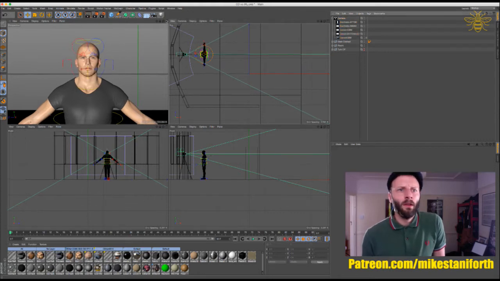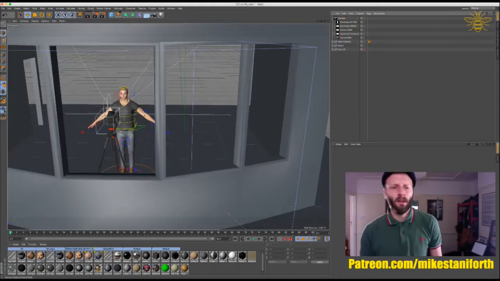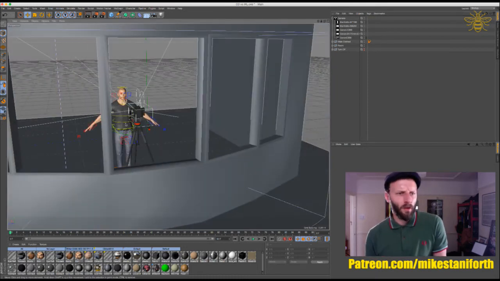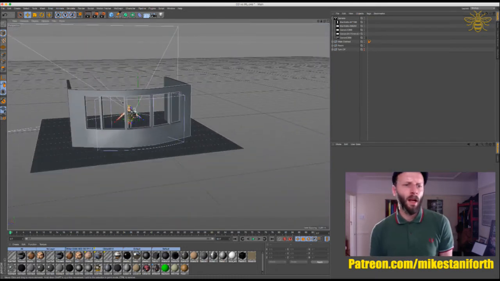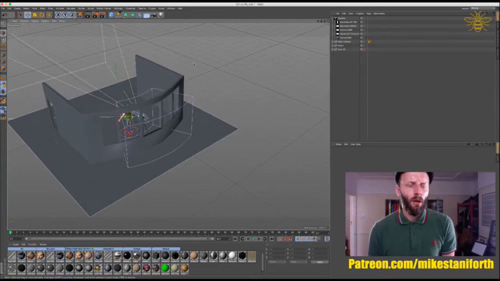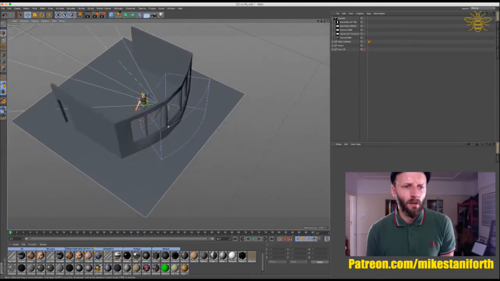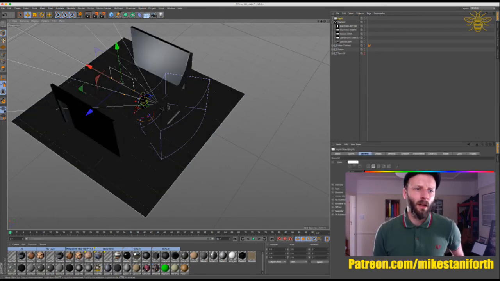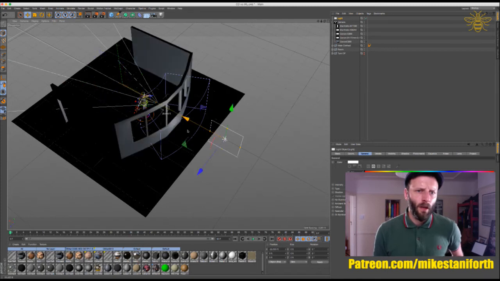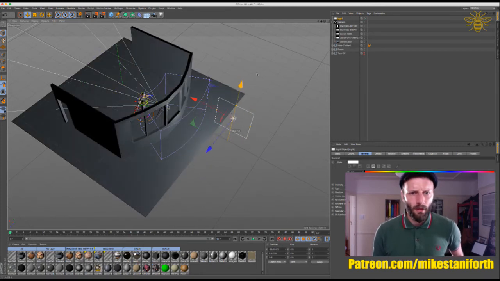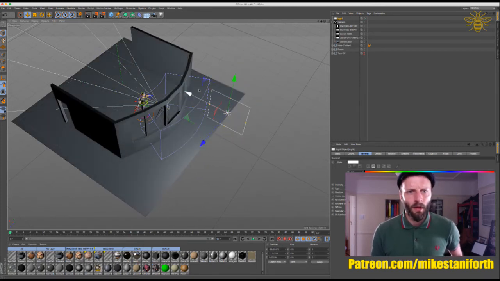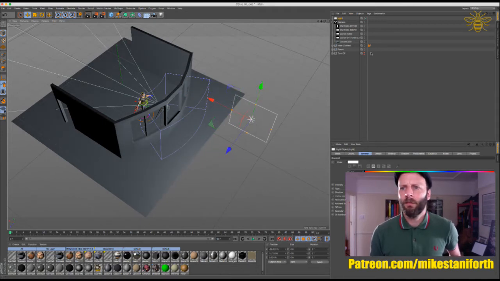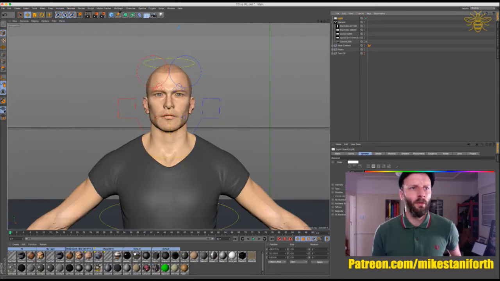So the first thing I'm going to do is, I have some windows here, which I've got blinds on. I haven't modelled them within this, but even though the blinds are down, there is some ambient light coming in. So I'm going to put an area light in. I'm going to put this outside the window, so it just gives us something in the room. So if I was to render that now,